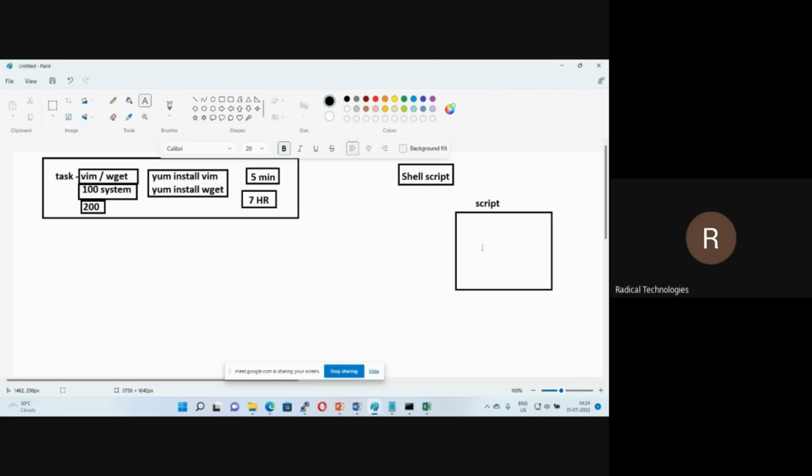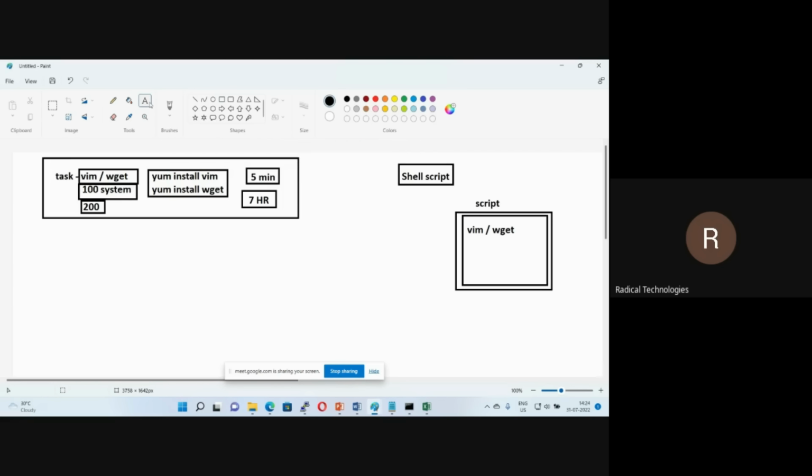But still somehow he can manage. उसने manage कर लिया script में. Let's say he wrote the script for vim and wget package. उन्होंने क्या किया, he created one script to install vim and wget package for automation. So guys, writing code for vim and wget package installation is quite complex, but somehow he wrote the script.